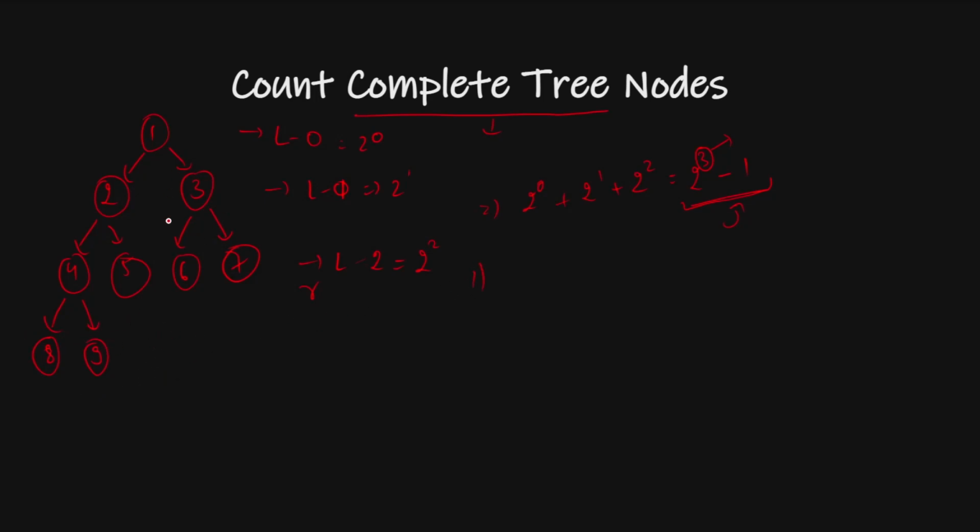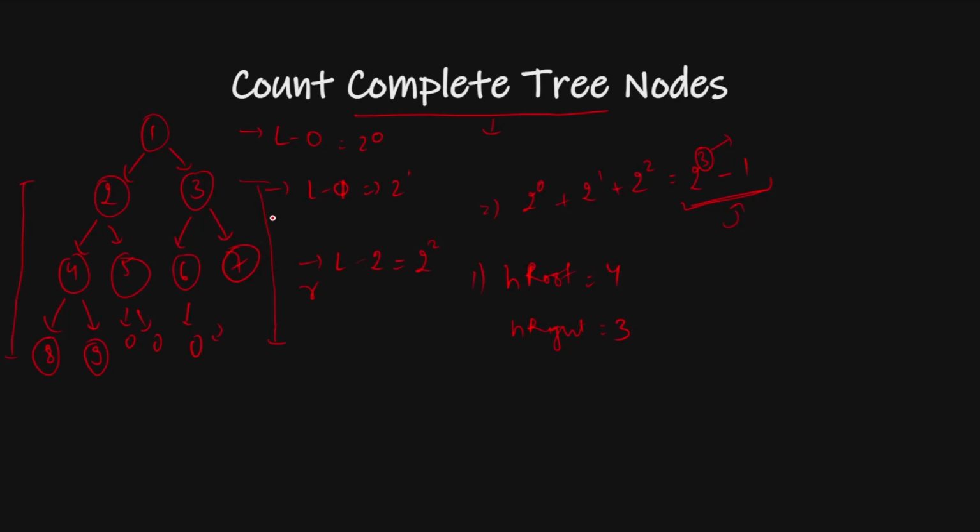The first case is if my last node is in the right subtree. How is that possible? Let's say the height of root is, right now, 4, and the height of the right subtree is 3: 1, 2, 3. If the height of right is 1 less than the height of root, what does it mean? It means that the height of the left subtree and the height of the right subtree are equal.